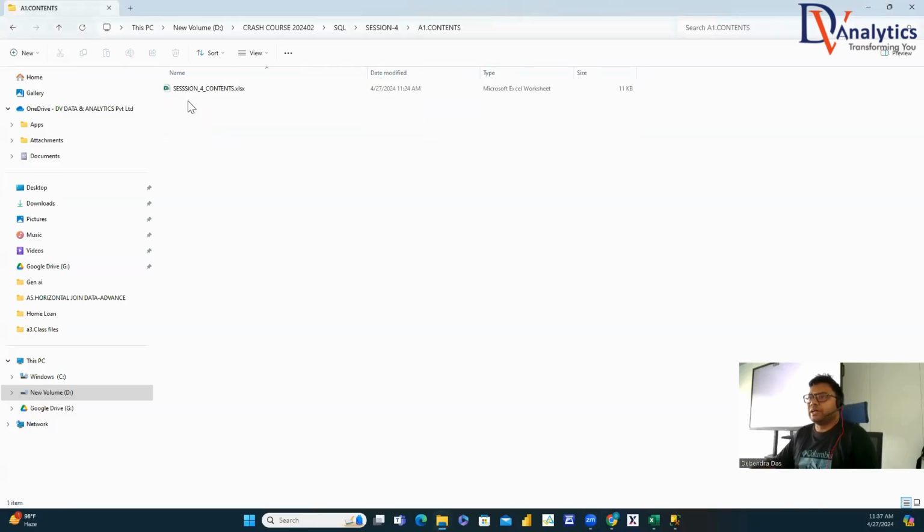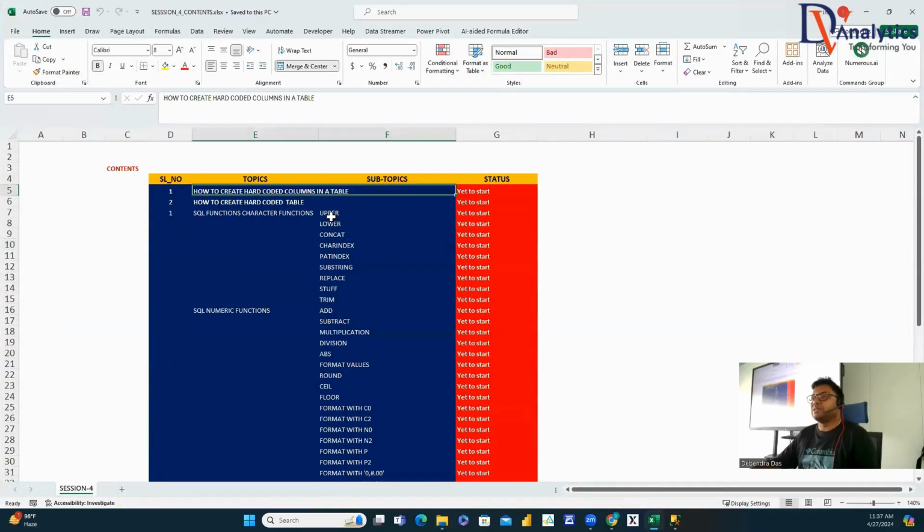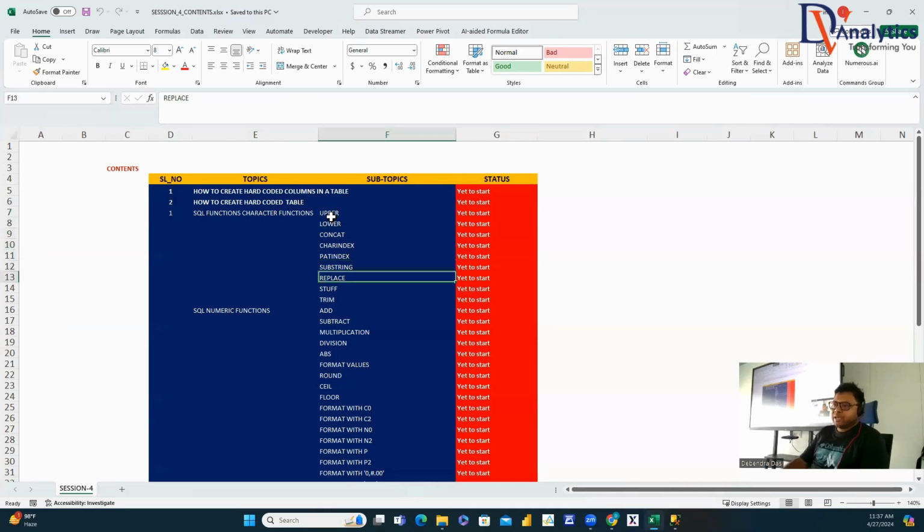So guys, in session 4, the content which we are going to do today says about how to go for creating hard-coded columns to a table, how to go for creating a hard-coded table, and the character functions: use of upper, lower, concat, charindex, patindex, substring, replace, stuff, trim. We'll also talk about the numeric functions, which is all about adding, subtracting, multiplication, divisions, absolute, which is called mode functions,